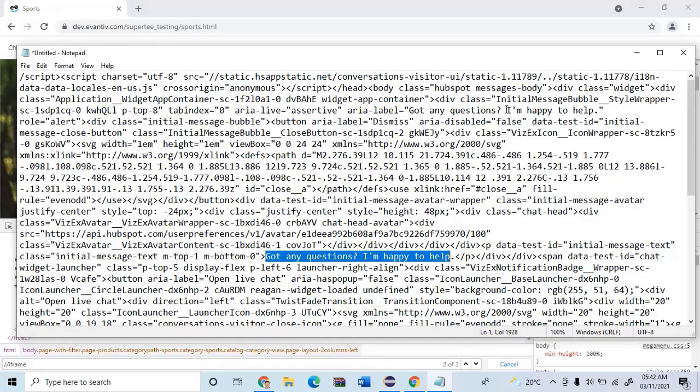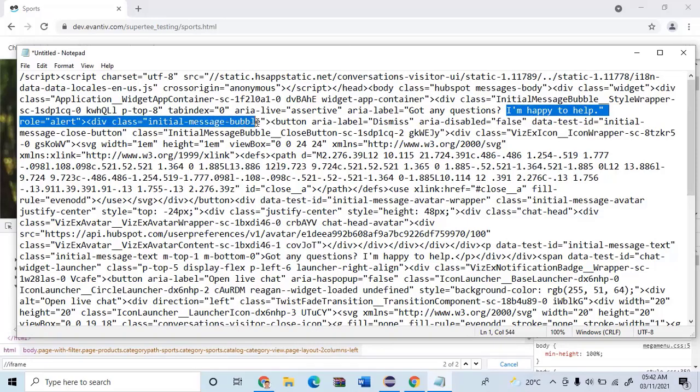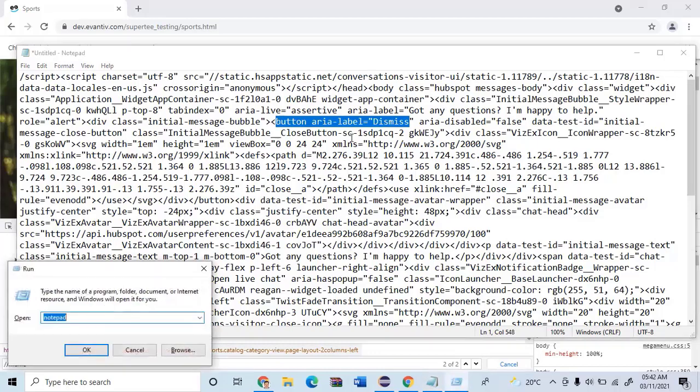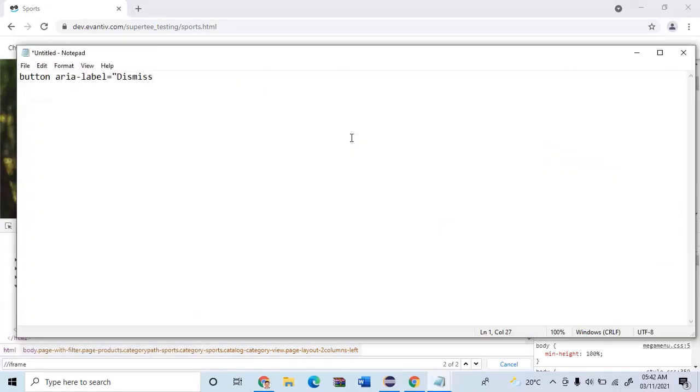And the same thing is available here also. As you can see here, I'm happy to help, right? And yes, here is some button with the dismiss. Let's go with this. I'll just take this and go with an XPath for it, /button @, just have this, just copy,